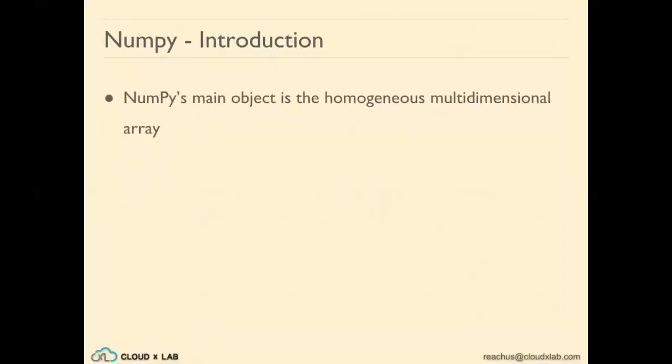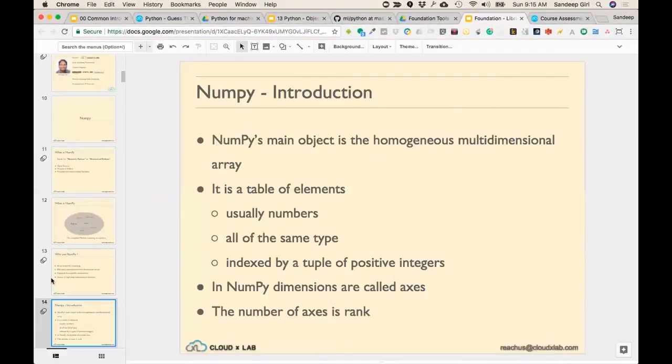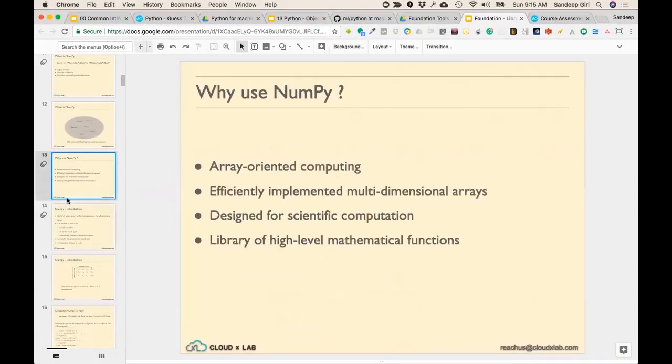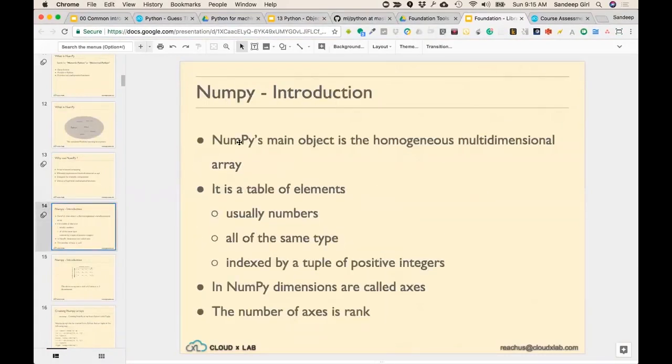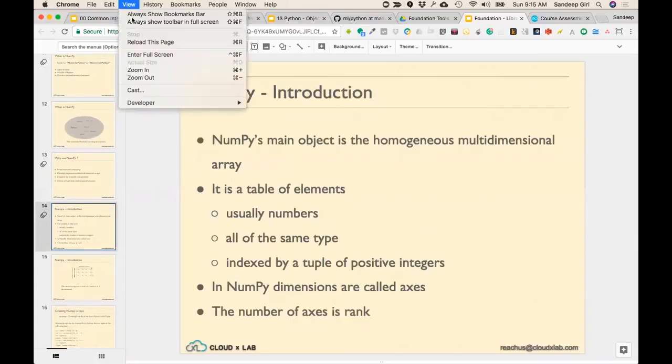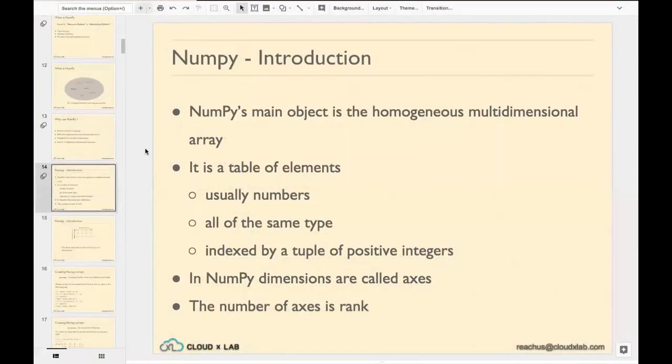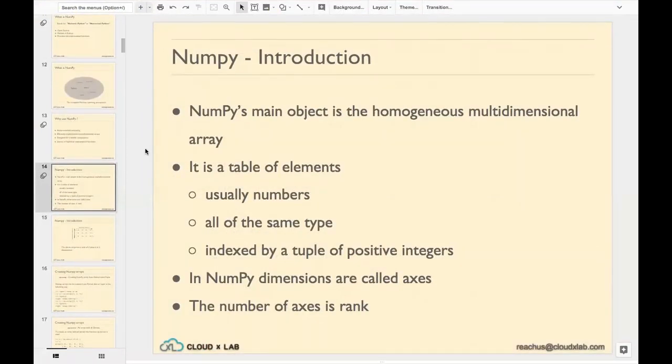Okay, I think, okay. All right, never mind. I'll just show it from here. This is far better. All right, so